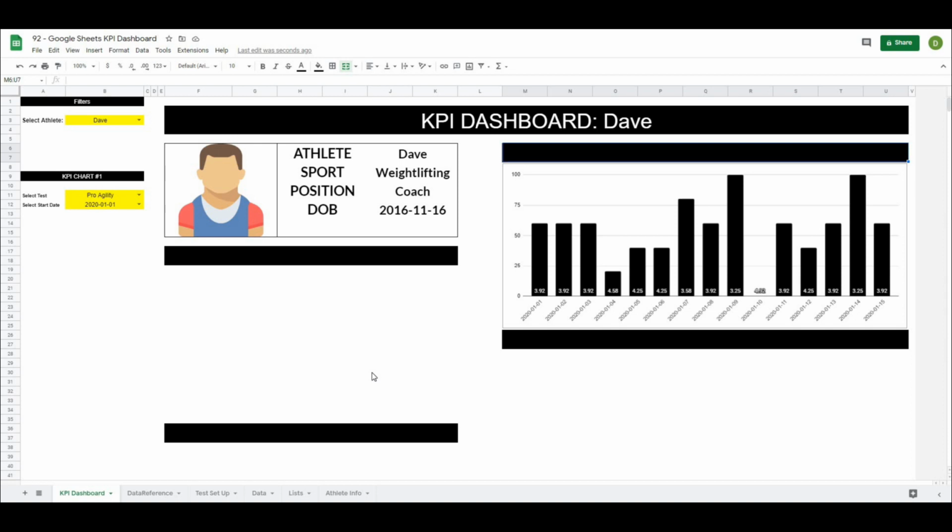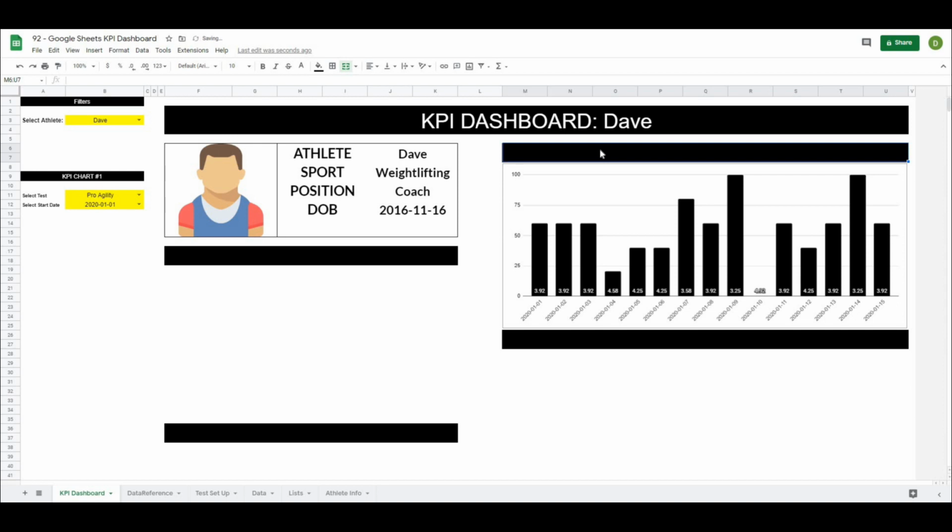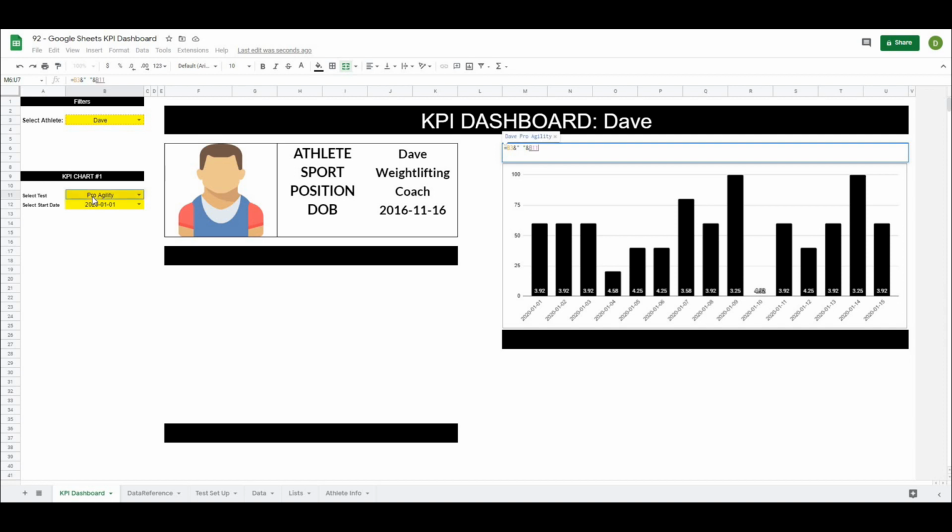our actual metrics. So the same way that we did the title for the dashboard up here, what I'm going to do is add a little bit of text logic. First thing I'll do is just make the text color white, and I'm going to type equals B3, which is going to be the name of the athlete, and then we want to add some spaces, so we'll use "&", quotation space quotation, and then another "&". We want the test, so the test that is selected, which is stored in B11,